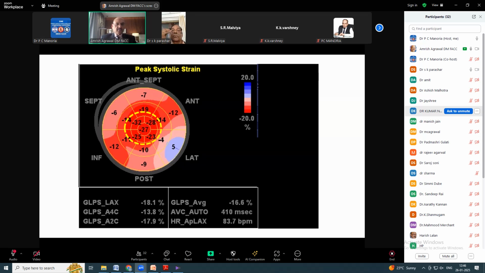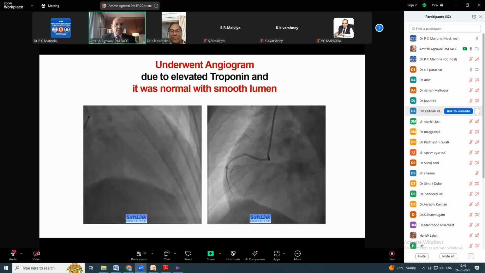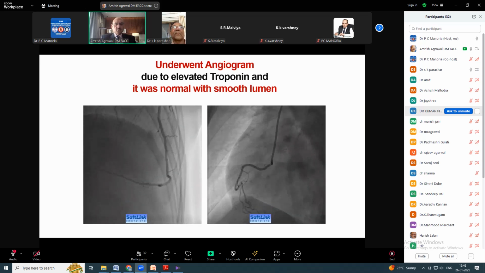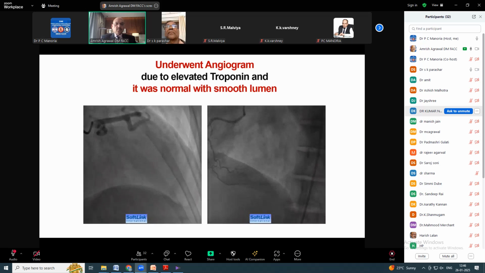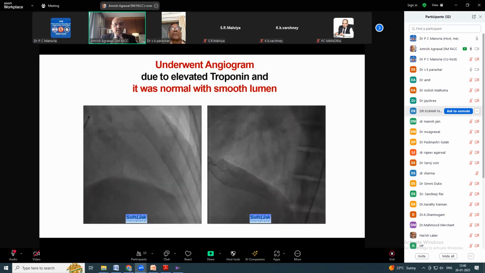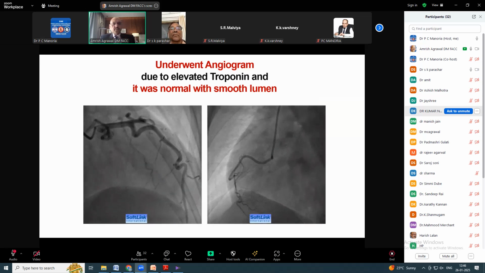So in our patient, we went and did an angiogram for her because there are multiple cardiac risk factors and the troponin is elevated. And you can see that the angiogram is normal, the coronary arteries are normal with a smooth lumen. So echocardiogram has been described as one of the features to be looked at in the patient with